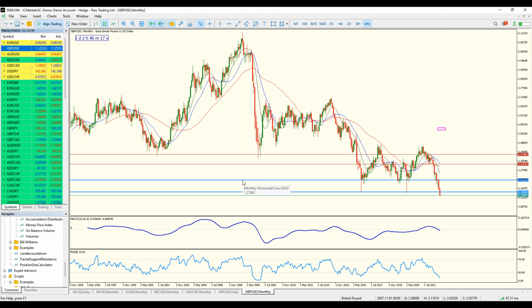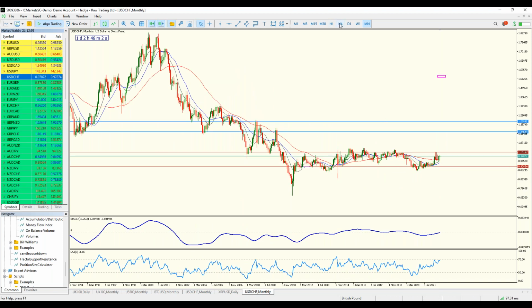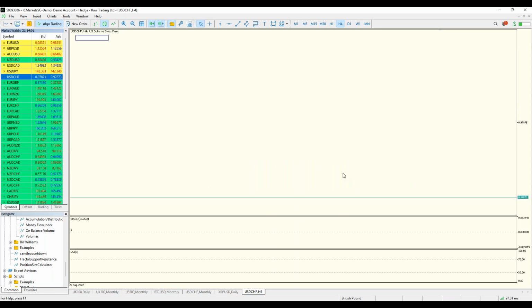Okay, the reason I'm telling you this is to alert you that the strong dollar presents its own problems. The weak pound presents its own problems. The Bank of Japan, the weak yen, and the strong Swiss franc all have their own problems. And so today we had some talk of the SNB wanting to intervene. So if we go look at it from a 4-hour perspective,